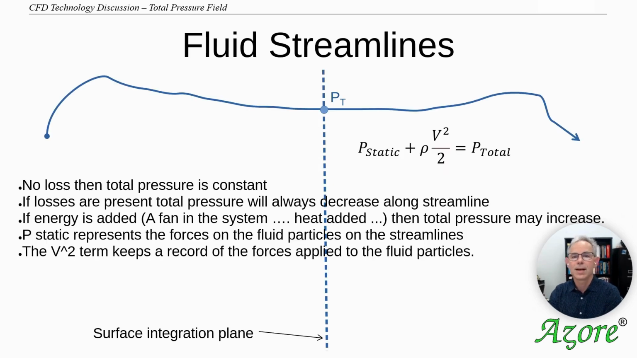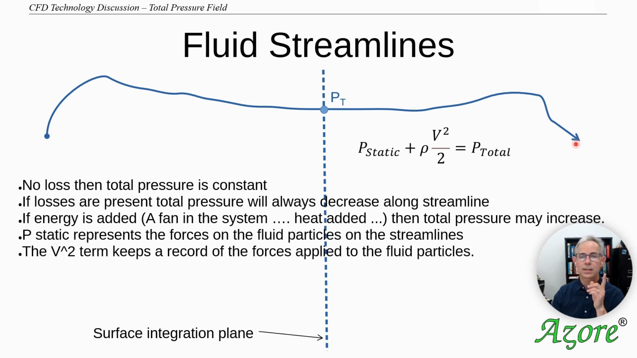So let's dig into this a little bit more. Let's look at one fluid streamline that starts over here and passes through here, and we're going to say it passes through some sort of surface. How can we come up with a value? If there are no losses, as I've said, it's going to be constant. If losses are present, then the total pressure will decrease. It will always be decreasing here. So this would be the highest value, and it's always going to get smaller and smaller as it goes along out to this point,